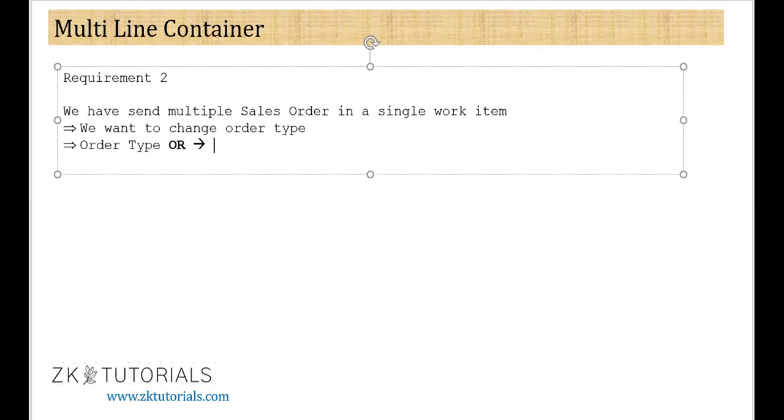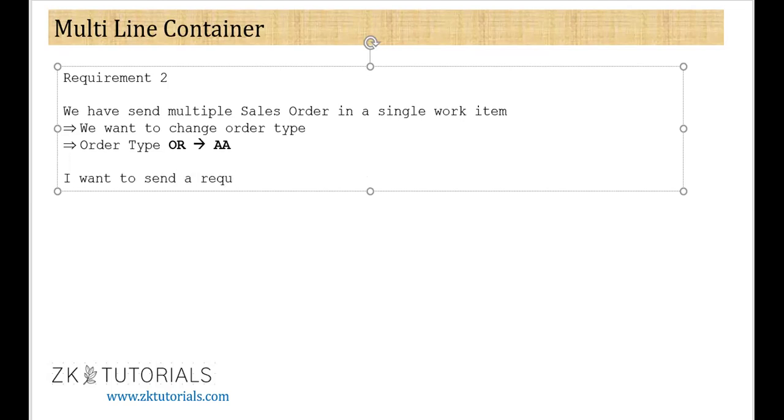Now, in the second one, I want to change this order type to something known as AA. I will show you what this is. Normally I'm saying, let's say I want to change the order type. I want to send a request for the approval of, let's say, 5